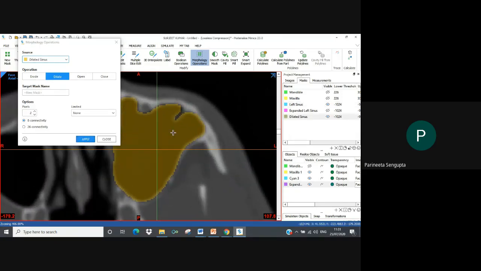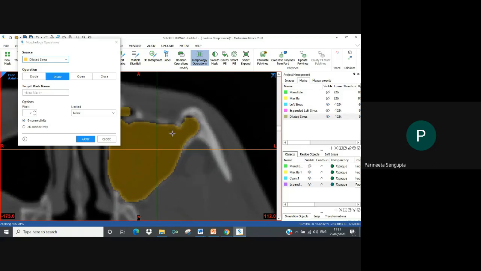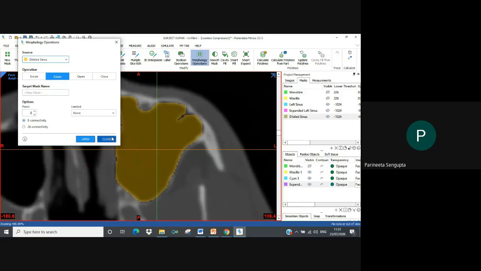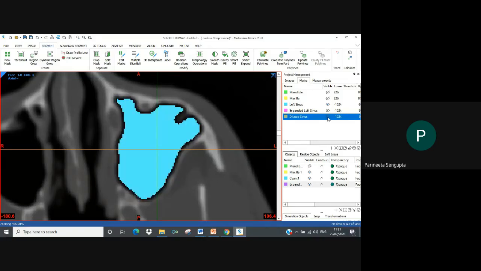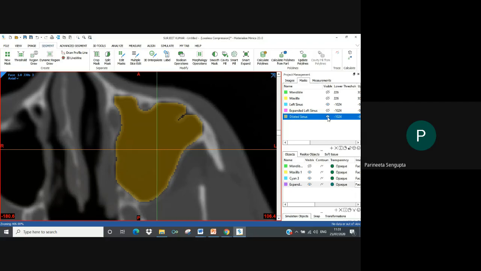I hope the change is visible. Let's close. I am hiding the 2 masks. I'm toggling between them so you can see the difference.